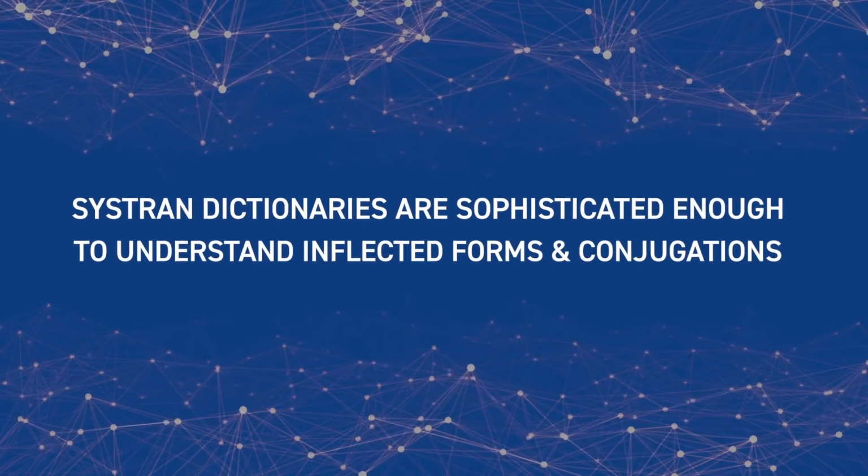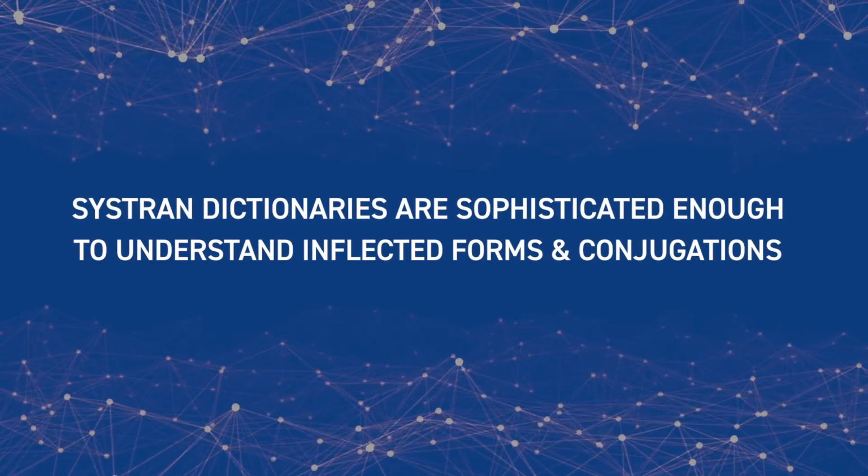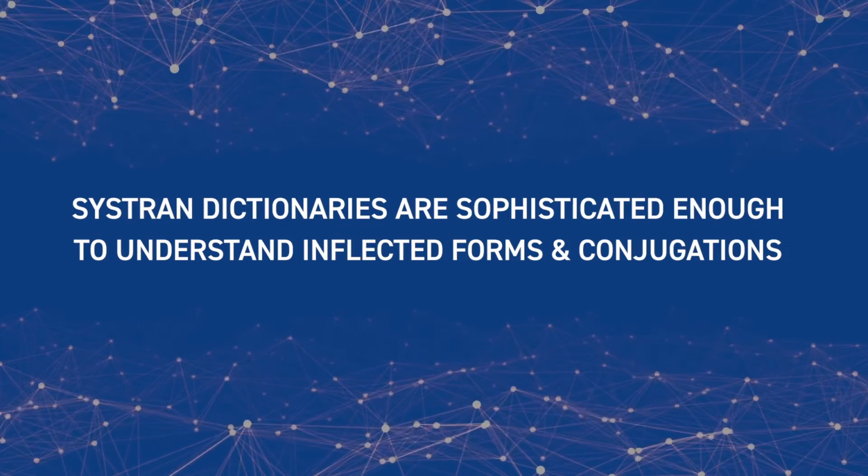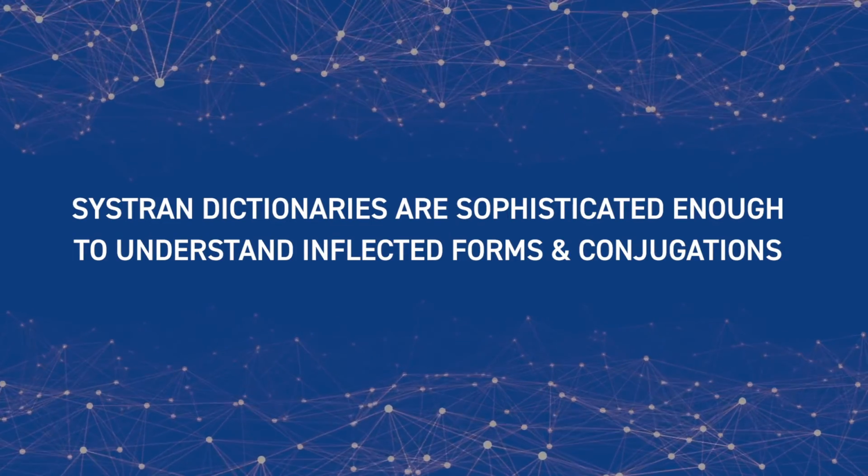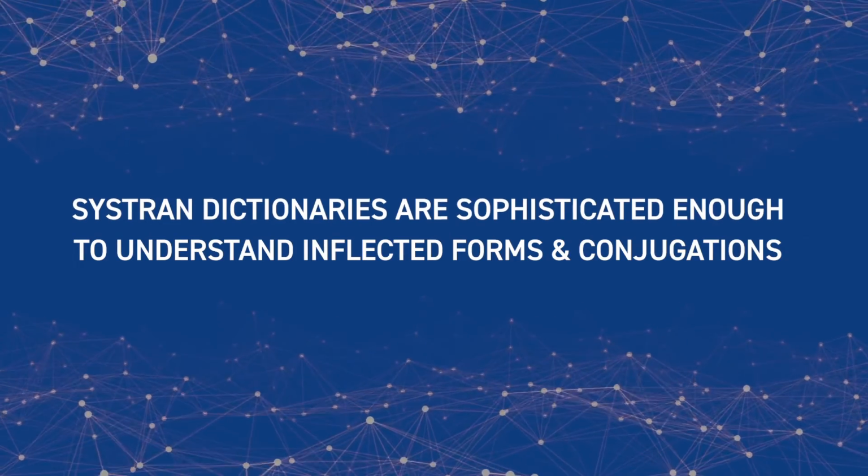But it won't know at the source that, oh, this was also the same thing, but in one of its many inflected forms. It may be a conjugated form of a verb. It missed it. It didn't actually match and use it in translation. So our dictionary system is very sophisticated at that level.